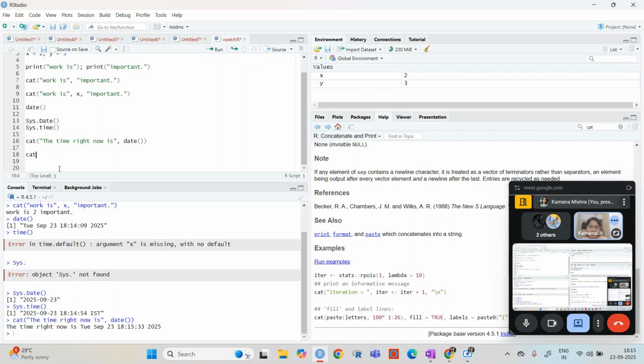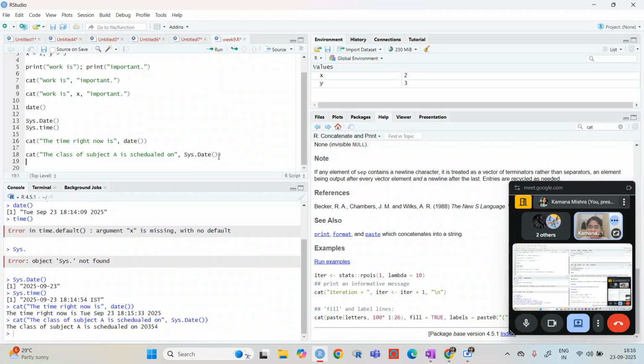Let's say you have now, let's say, the class of subject A is scheduled on, and then we have just, okay, the spelling is wrong, schedule.